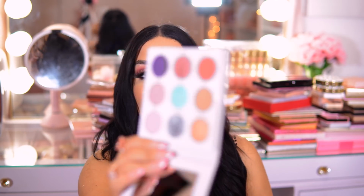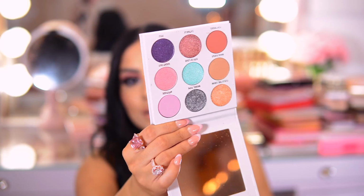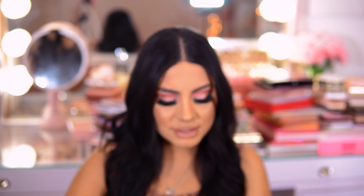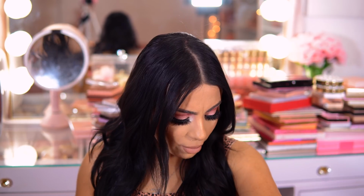Next we have the Kylie and Baumann palette. I am not getting rid of this because look at this color story. Aside from that Colourpop palette, this might be the only other pastel palette I have. I might have other ones, but who knows. But these are so stunning. These are not as chunky as the You're So Money Baby palette. These are so stunning and not chunky, and they don't fall all over your eyes. So this is actually a better formula, I think, than that other one, and I'm so happy I got this